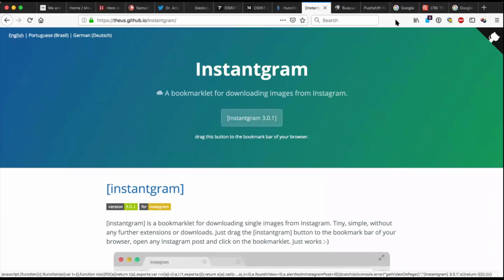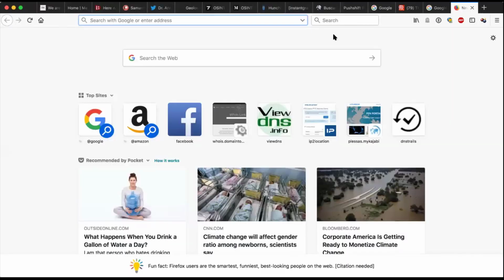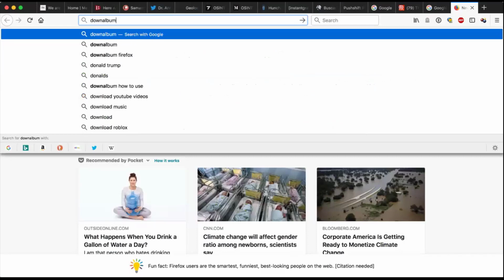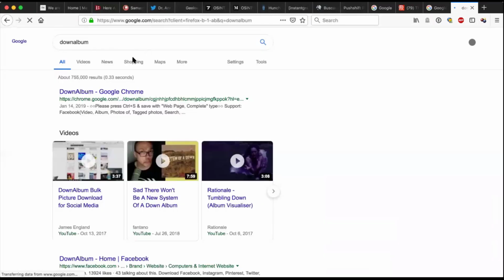If you guys want to enlarge the profile picture in Instagram, I've been recently discovering Down Album again, a Chrome add-on. If you install it and you visit the Instagram page, it will give you an extra link next to the profile picture. And if you hover over it, it will enlarge in the proper original size. Yes, that's the one. Okay.